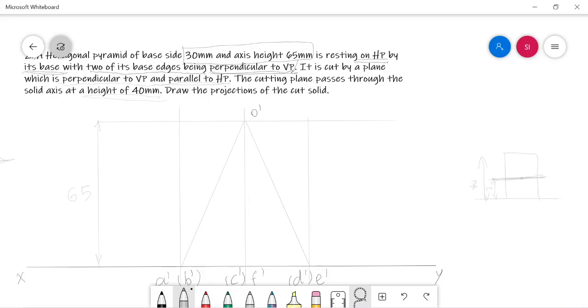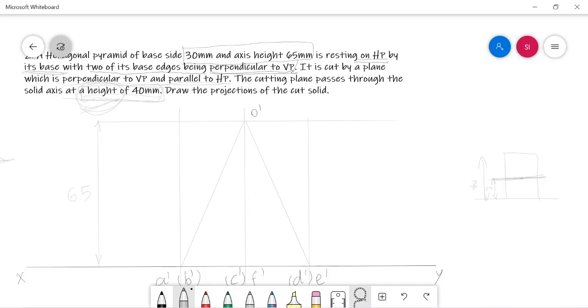But in this problem, the data given is that the cutting plane meets the solid axis at a height of 40 mm. So the distance is not mentioned clearly, that is, whether this 40 mm is from the base or from the apex, but the hint is height of 40 mm. If you see the words height of 40 mm, you have to take the distance from the base only.